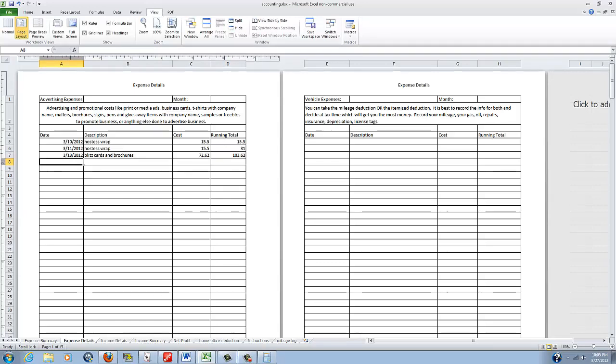Maybe you got a t-shirt. So I have some t-shirts and success magazines. And that's going to be